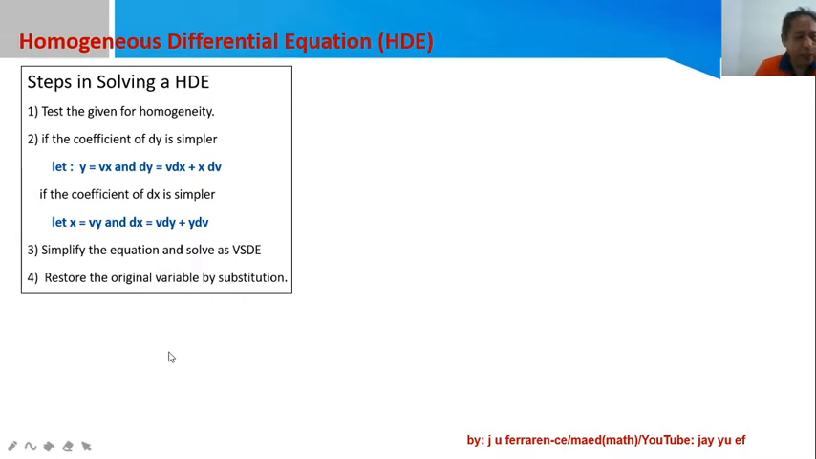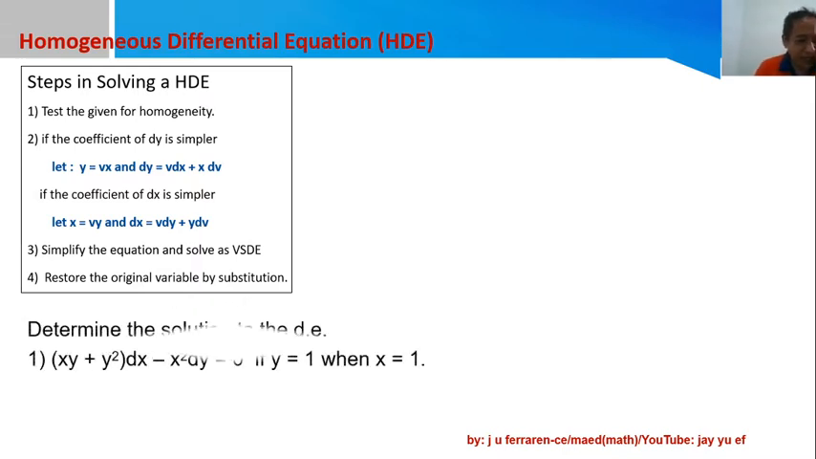Now, when we are given a problem like this, the homogeneous differential equation is only a second method of solving a differential equation, and our ultimate goal here is really to arrive with a DE which is a variable separable DE. So do not forget that when we are given a differential equation, there is also a possibility that this is a VSDE. So always start by checking this as a VSDE